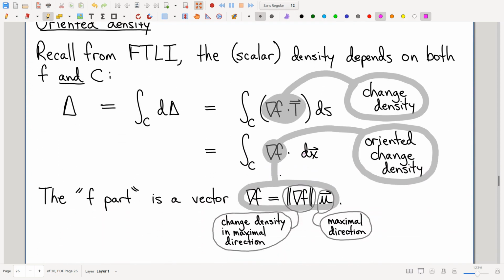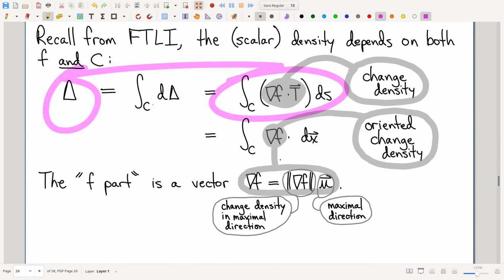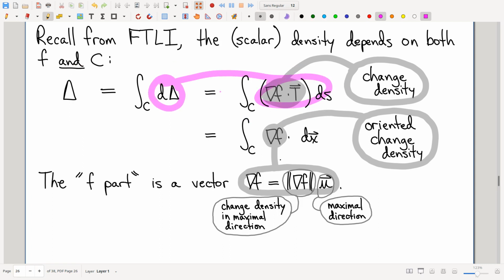real quick, I think this is a nice perspective. I want to remind y'all about this idea that I threw at you when we were doing the fundamental theorem of line integrals. Remember, here's the first version of how we wrote down the fundamental theorem of line integrals. After all, the big point was that change can be thought of as change per unit distance times distance, right? And with that in mind, we interpreted this thing, gradient dot t, as change density because it's, again, stuff per unit size, stuff being changed, size being length.